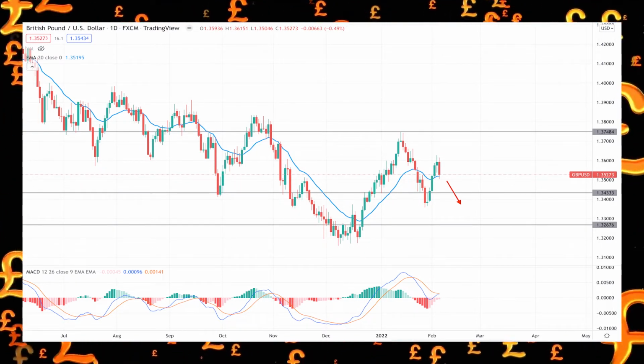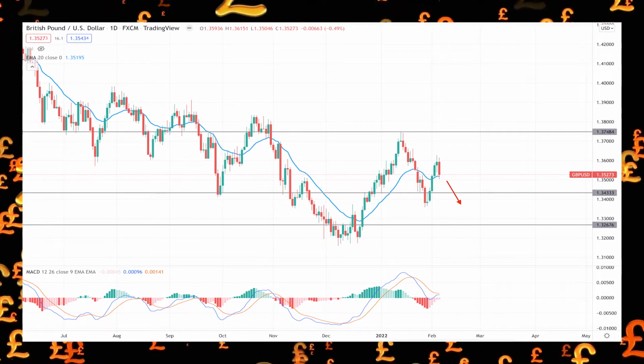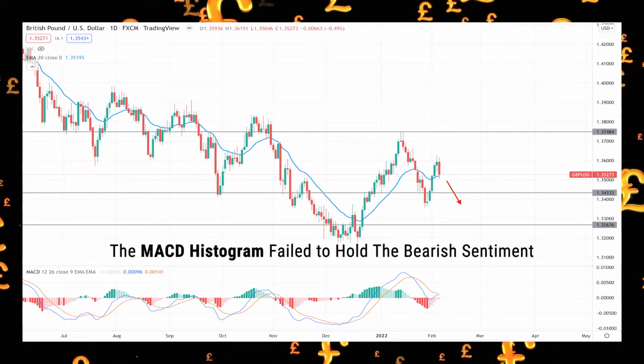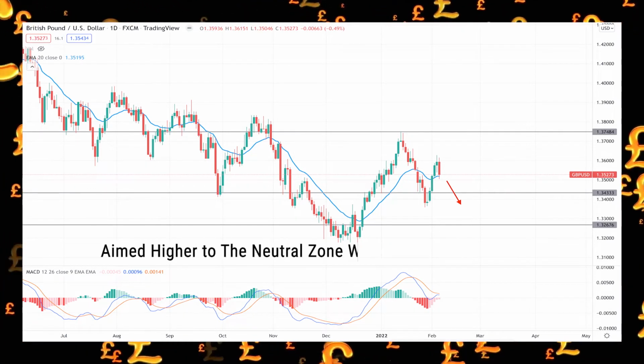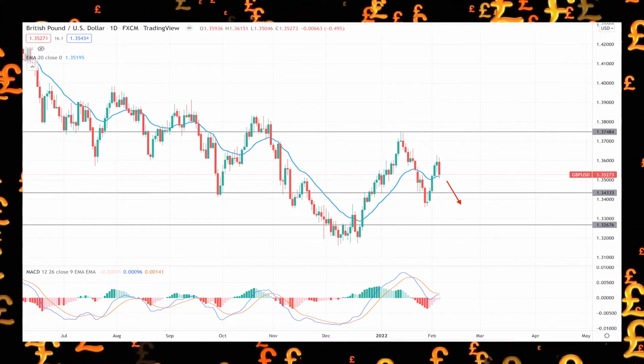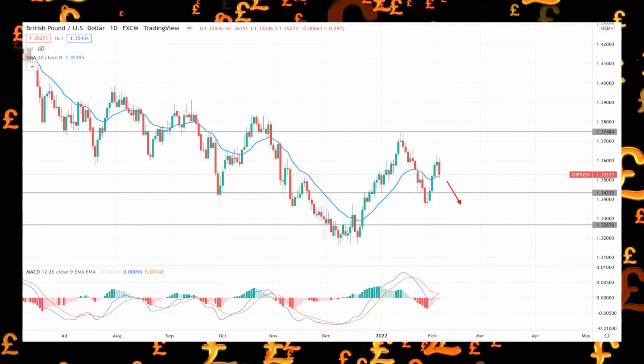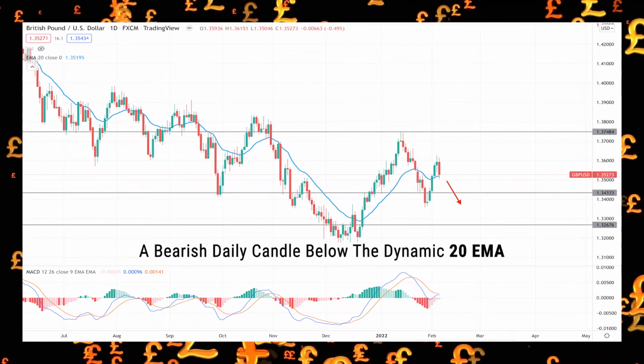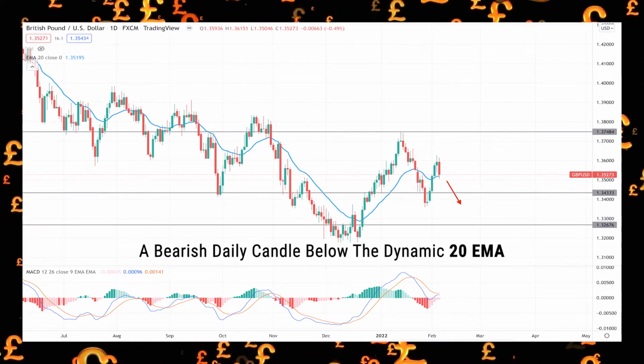upcoming price trend. This technical analysis shows that the MACD histogram failed to hold the bearish sentiment and aimed higher to the neutral zone, while the dynamic 20 EMA is still below the price. Based on this structure, a bearish daily candle below the dynamic 20 EMA might extend the selling momentum, where any